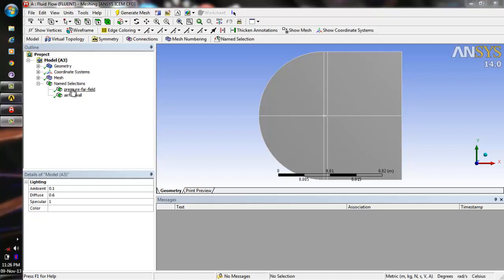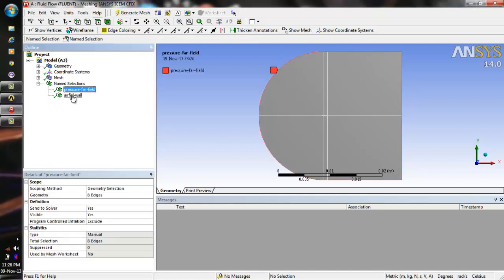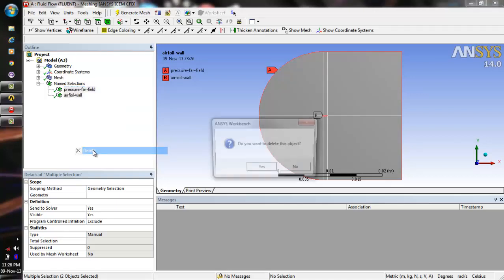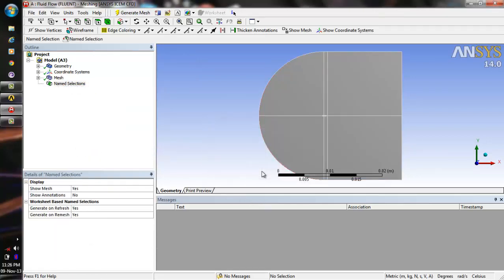So we are going to make some changes in here. We are basically going to delete these two name selections. And we'll be making it as if it is a wind tunnel analysis. So this will be acting as your inlet and this will be your outlet. So we select this edge, this one and this one,